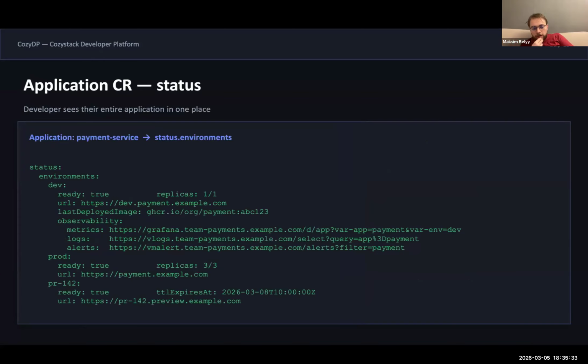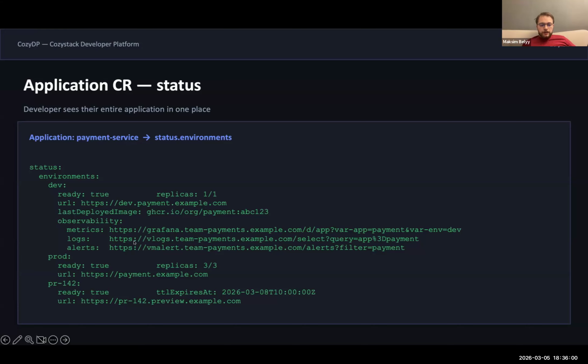So I have statuses in the application's custom resource. The developer can use them, for example, in the CLI or in our user interface. For example, we have URLs to the observability stack, for example, to metrics, to logs, or to alerts.